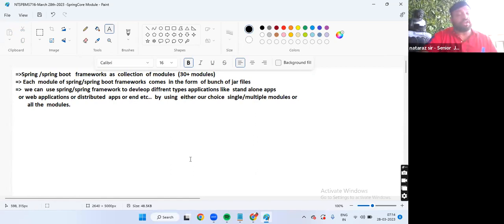Sir, why have they not done this for the Hibernate framework? Why not for a JSF kind of framework? Why not for Servlet JSP technology? They are very small technologies, Babu, and their utilization scope is very limited. Using Servlet, what can we develop? Just web applications. Using JSP? Just web applications. Is there any need of modules in Servlet JSP technologies? Using Hibernate, what can you develop? Just persistence logic. Is there any need of modules in the Hibernate framework, guys?